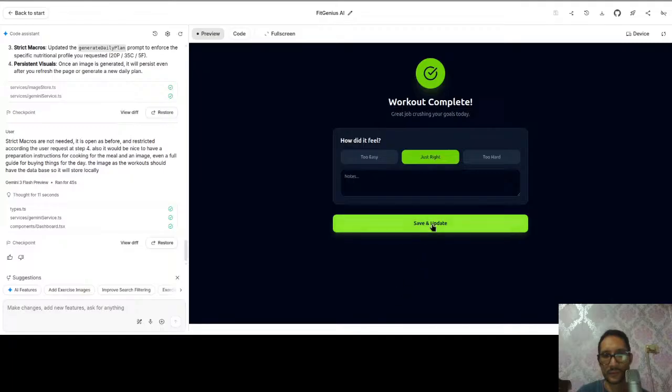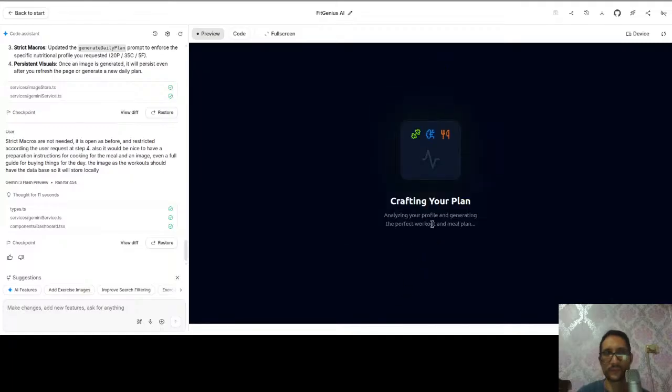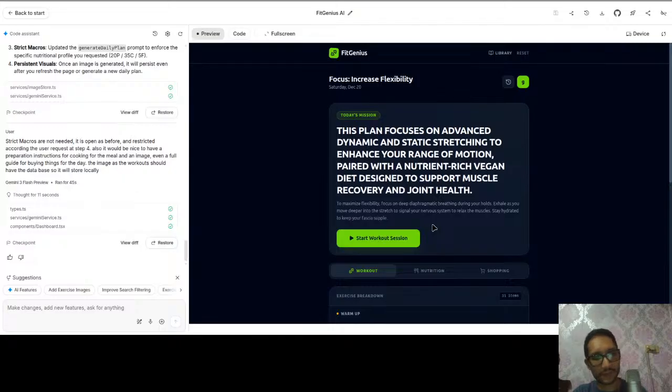Just right. Save and update. Okay. There should be a regenerate to generate again if the image is wrong, I guess, so far. But there should be a way to check if the image is well done or not. So that is something I have to think how to fix.